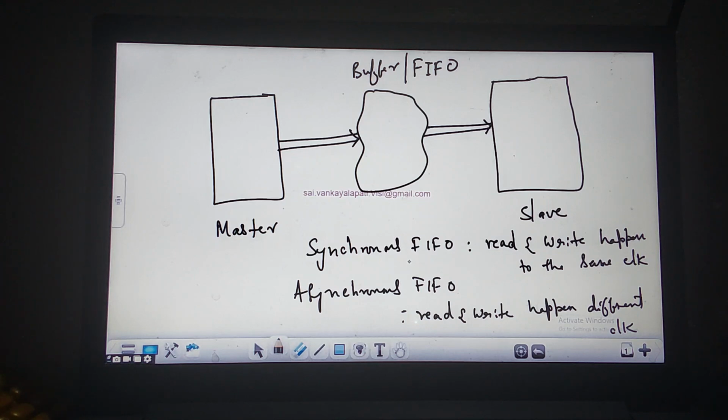The synchronous FIFO can also be designed in two ways. What is one way? A shift register operation, where the data is shifted. If I go with that approach, it basically requires more hardware resources. So instead of that, we go for the pointer-based approach, where pointers are implemented. We do the write operation and the read operation. So we are talking about the second approach, the write pointer and the read pointer.